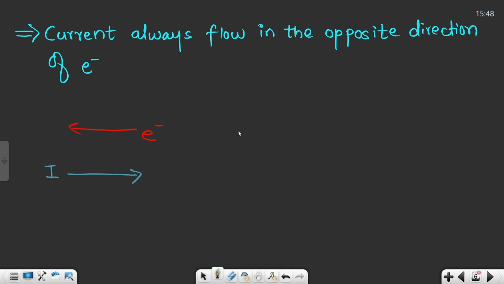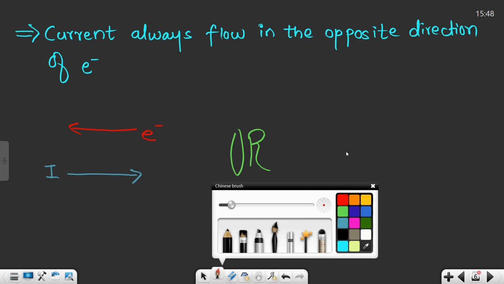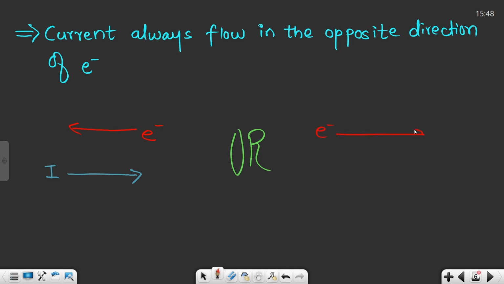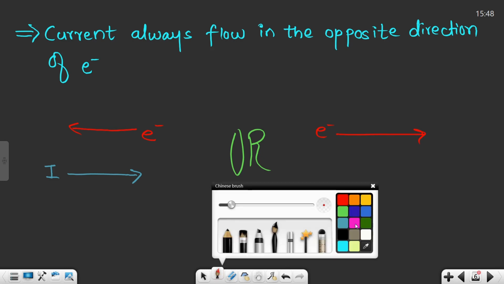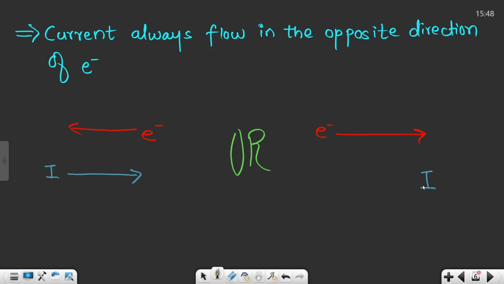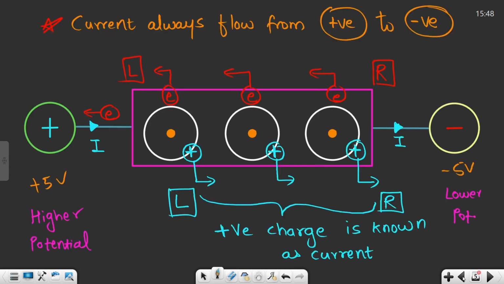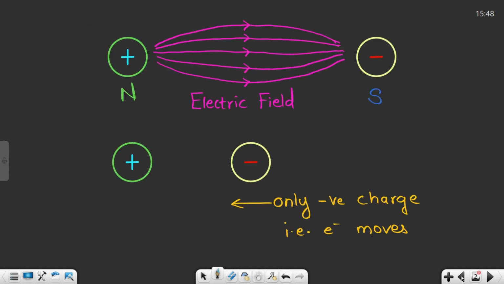Or if my electrons are moving in this direction, my current I will move in this direction. Okay, great. So now I really hope that you understood each and everything about what exactly is the current, how a current is generated,